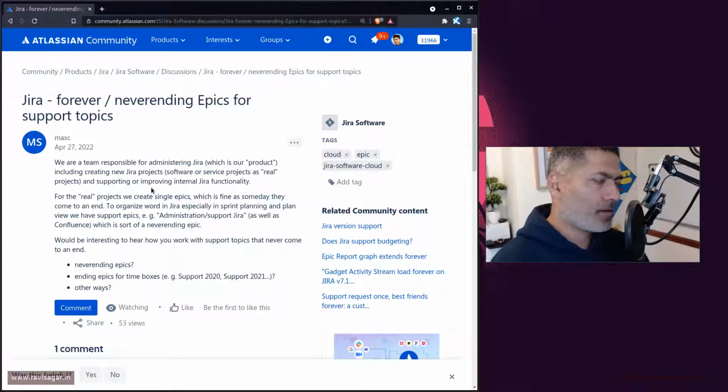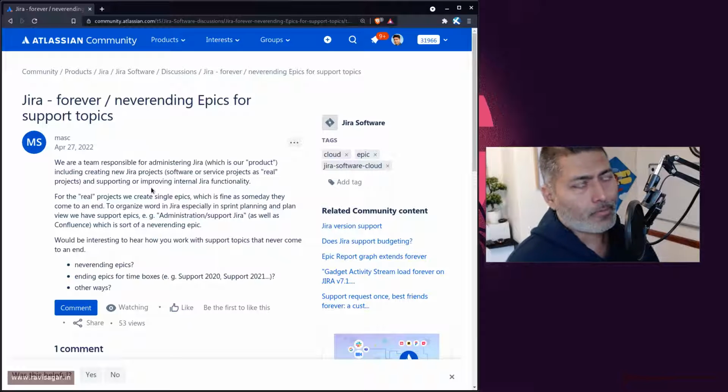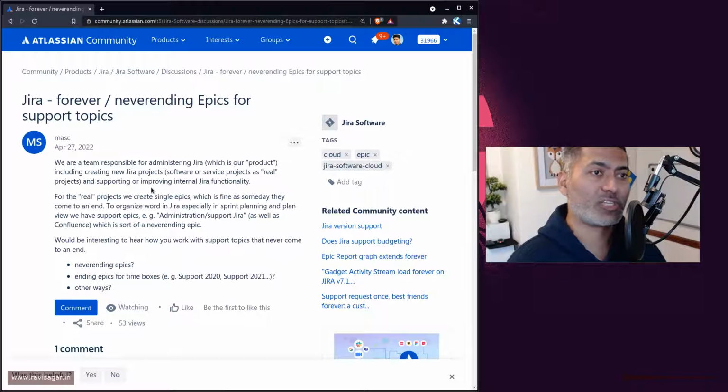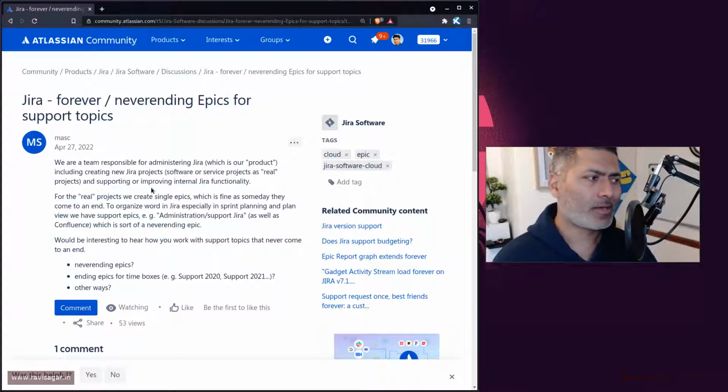Now the question is that if you have a situation where you are using Jira for, let us say, supporting your product, and it could be a software-based product where your teams are responsible for adding new features, but at the same time, you also have a requirement where you want to track or store or basically use a tool like Jira to manage your maintenance or support-based tickets. For example, if you have a product, you may receive a lot of requests for doing small things, small changes, customizations, basically small items, and those small items are basically ongoing. So basically that is the main thing, that the support tickets to support